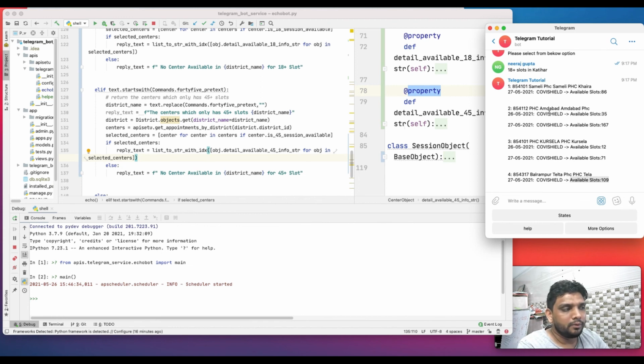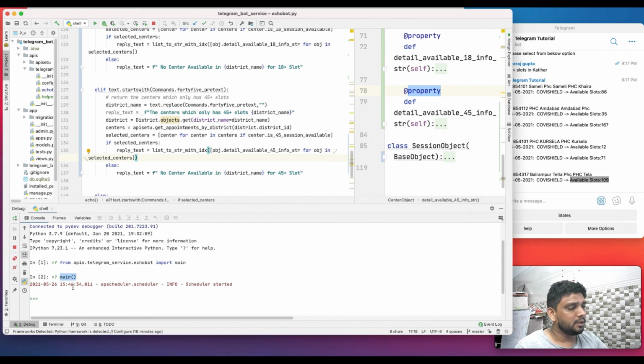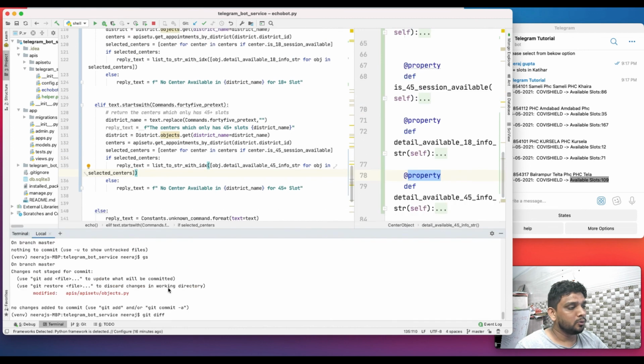But for the time being, this is it, and in the next video we will see how we can, instead of running it from the shell, run it through a command which we can expose to some service, so that we have an up and running service.